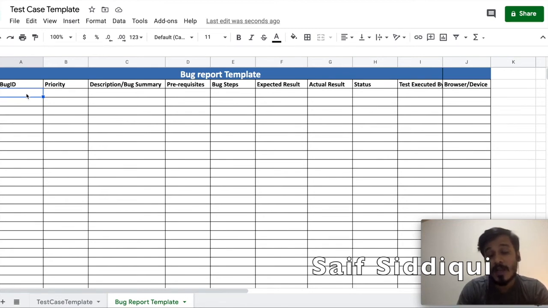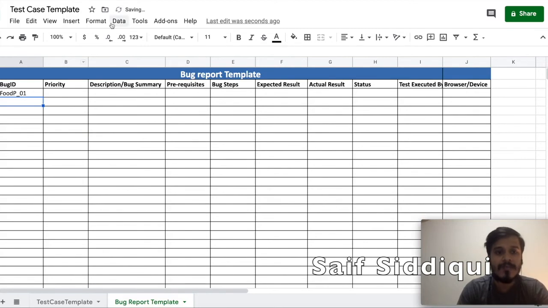All the projects have unique IDs, and for Food Panda we can have something like Food Panda underscore 01. It depends on how you want to keep it, but let's go with the first one.